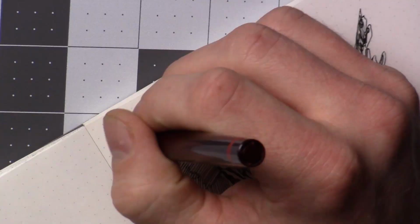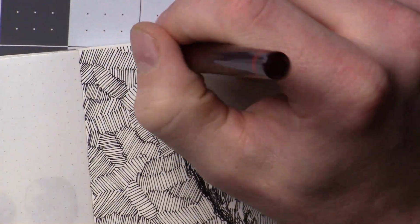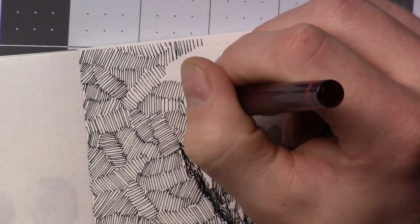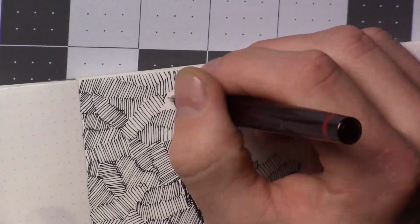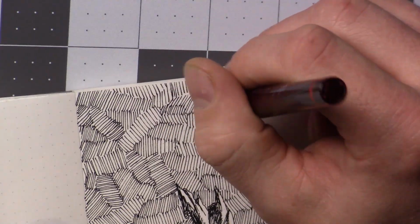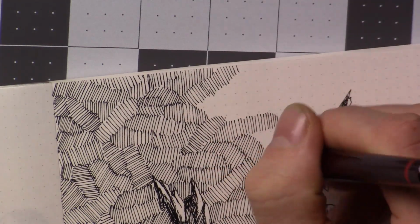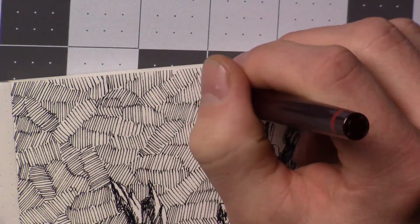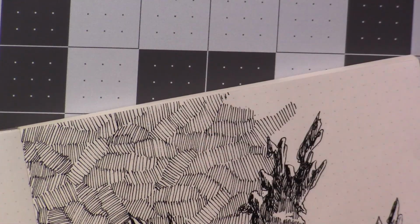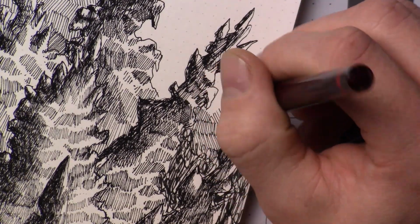I got good practice in doing that. I think I have maybe a couple times done the entire drawing of just drawing these lines. It seems like it would be aggravating or maybe annoying to draw that, but I actually enjoy it because I don't really know how the lines are going to end up. It's kind of random, so it's always a surprise of what you can make. And if you do this in the right way, you could maybe draw a face, like draw this whole pattern on the paper, and then go over it and crosshatch, and you can fill stuff in and actually make something out of it. But yeah,